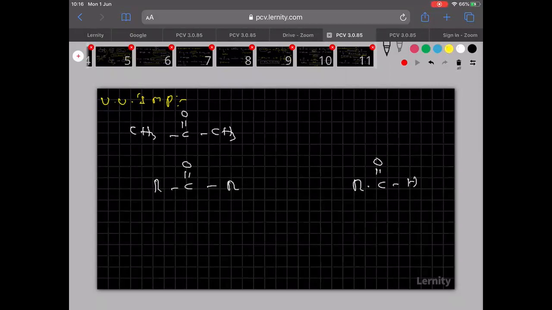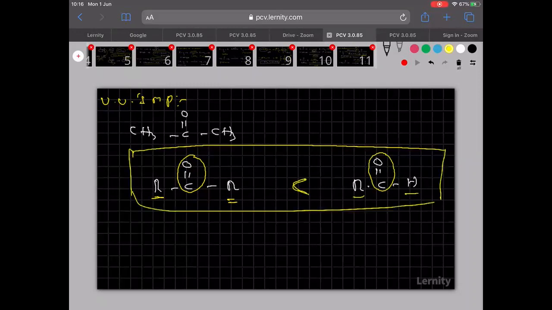So once you see now, everyone knows, this is the carbonyl group. Here the carbonyl group is surrounded by bulky alkyl groups, which means crowding is more. Whereas here, this is the carbonyl, and on one side R is there and on one side H is there, which means crowding is less. Is it clear? Since crowding is less in aldehydes, aldehydes undergo oxidation much more easily than ketones. Remember, aldehydes undergo oxidation very easily. I hope you are able to understand this one.